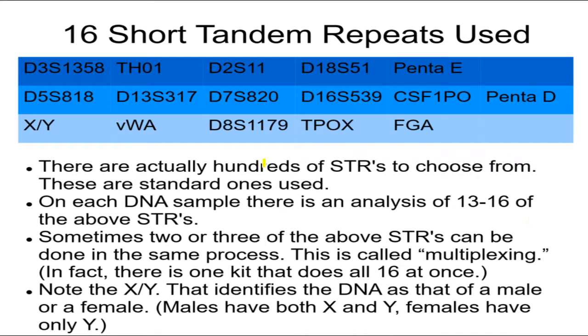So these are a list of the 16 that are actually used in DNA analysis. I'm not going to go into why these codes refer to these tandem repeats, but that's what they are. This is just the name of them if you want to know. And count them: 1, 2, 3, 4. There are 16 of them. Notice this one called